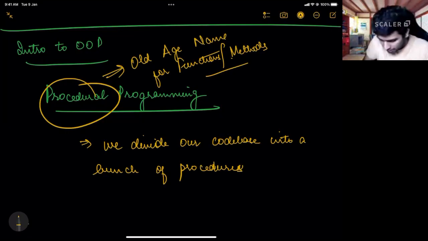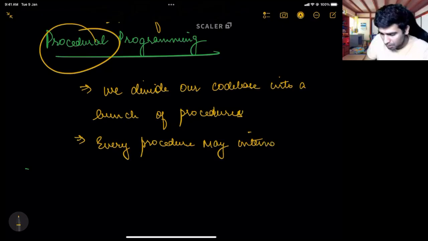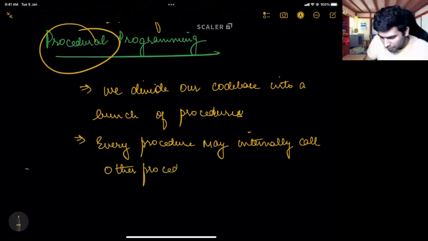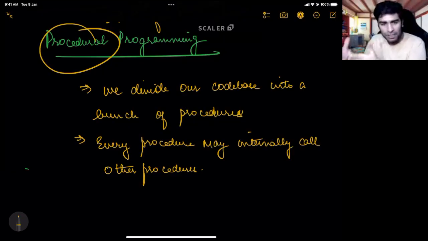Every procedure may internally call other procedures. For example, a procedure might decide that I want to call some other procedure as well, right? Just as in our day-to-day lives, we write methods that call other methods. Everyone has seen that, right?